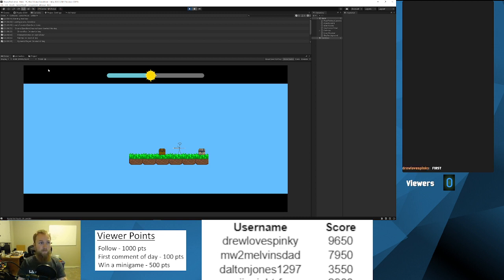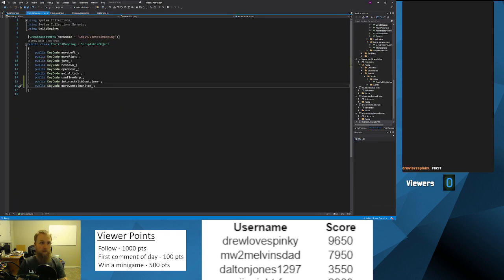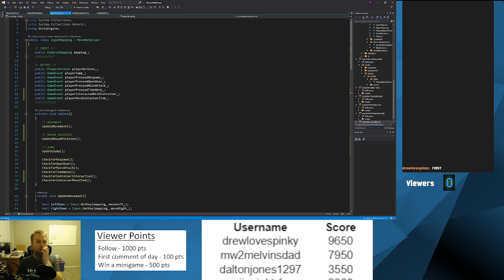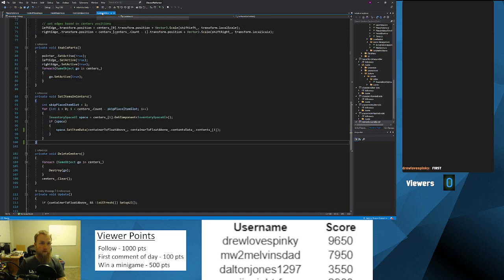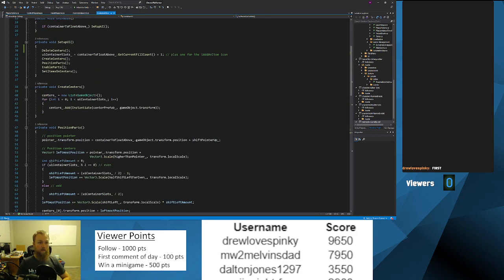So that's that system. How that works is I had to add a new thing here called interact with container to my control mapping. I set that to the E character. It's a scriptable object, so I've got an input thing for that. Then in the input mapping, I trigger this event, player interacted with container. Then in the container UI, I will listen to and